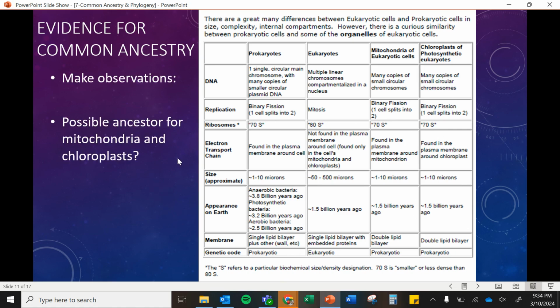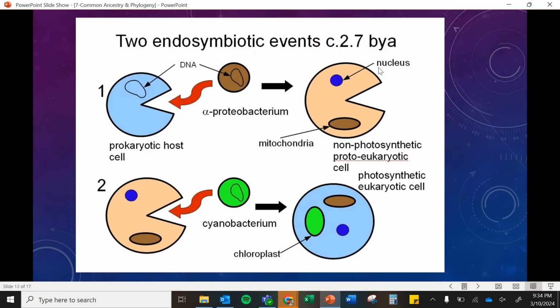Okay, so this gets at the idea of where the ancestor is for these mitochondria and chloroplasts. Okay, and we can think about, well, why would prokaryotes have a lot of similarities to mitochondria and chloroplasts? So the thought behind this is that an explanation for this is something called endosymbiotic theory or